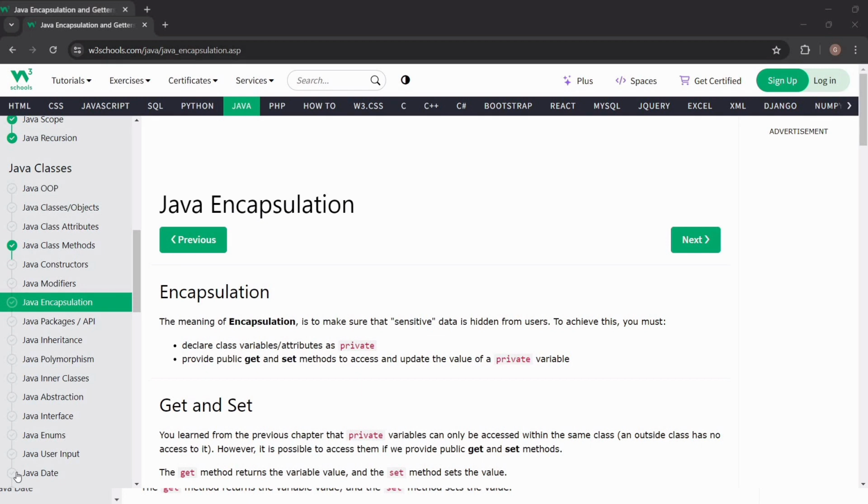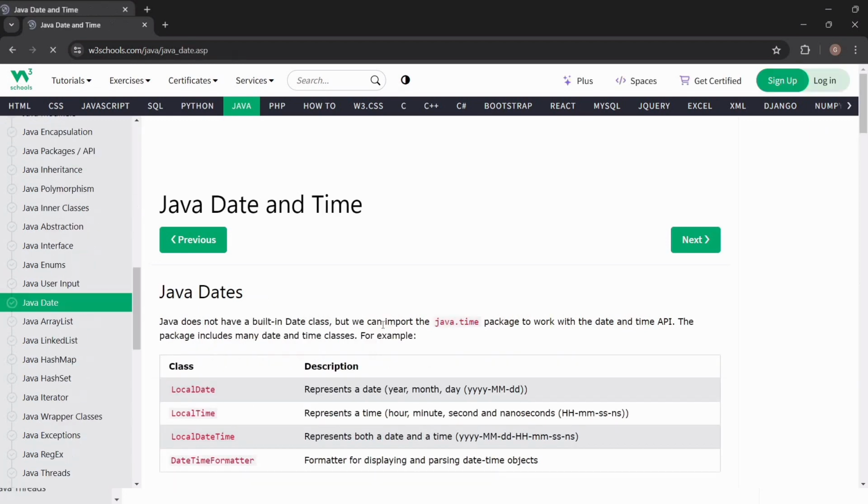So today we will cover Java encapsulation. It is also an OOPS concept. It is very important. It is asked in interviews. So let's get started with Java encapsulation. Encapsulation is to make sure